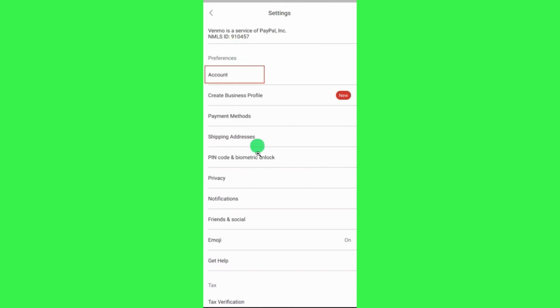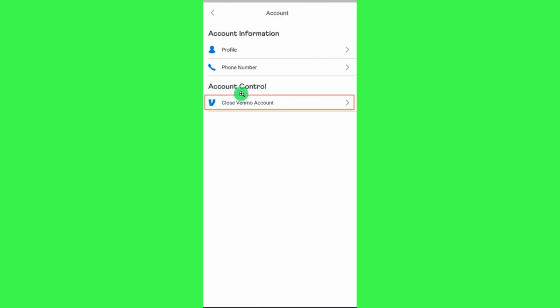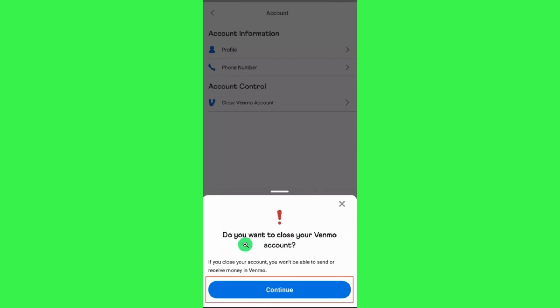settings where you are going to see a bunch of different options. Among these options, you will have to tap on account at the top. In the account, you are going to see the close Venmo account option under account control. So you will have to tap on close Venmo account and then you will be able to see this type